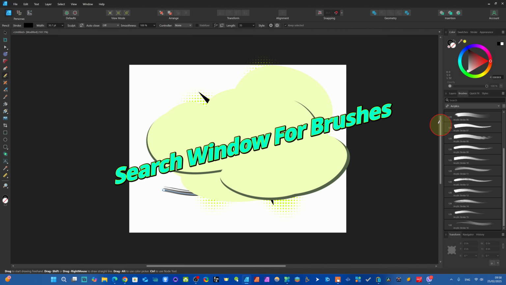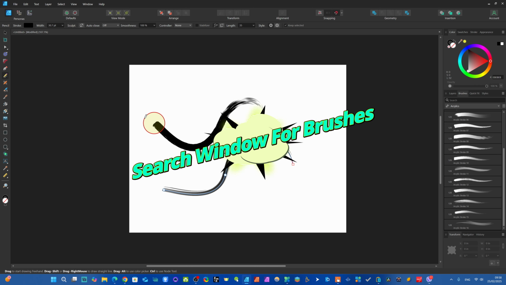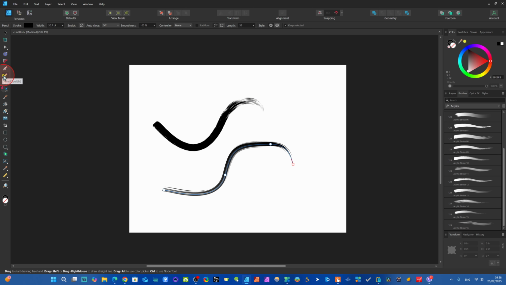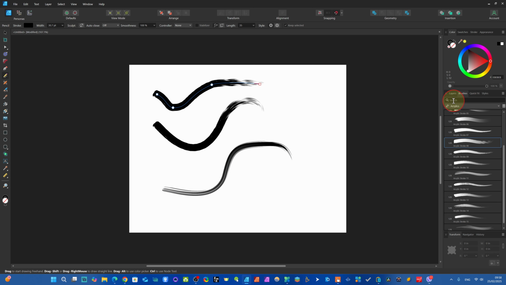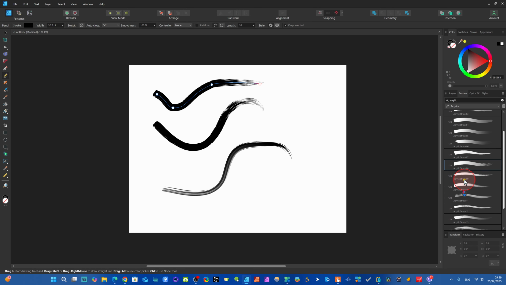Hello, dear friend. The next update is about search for brushes. We just take a brush here, for example the pencil tool, and we just click here, and we change here any type of brushes, but now you can search brushes. We have a search icon here, and you can type, and all brushes which you have installed will appear here. For example, I type acrylic, and all will appear here. So this is all about searching for brushes. Now it's more convenient to search. If you have lots of brushes downloaded here, this feature will help you a lot.